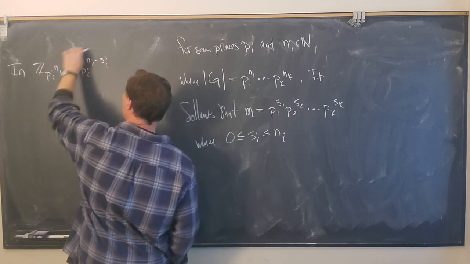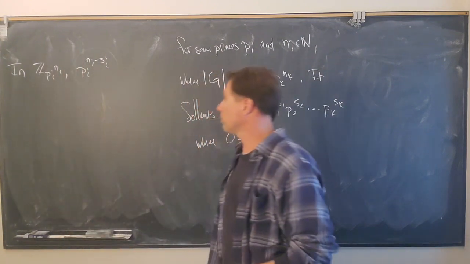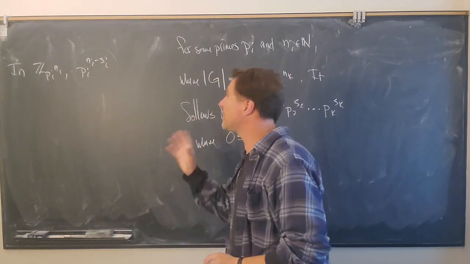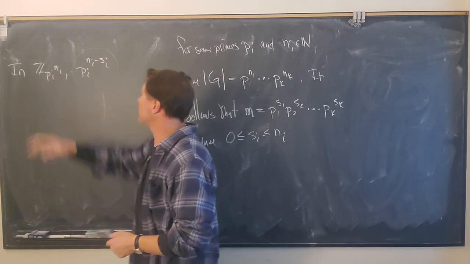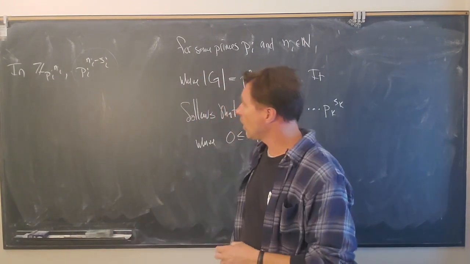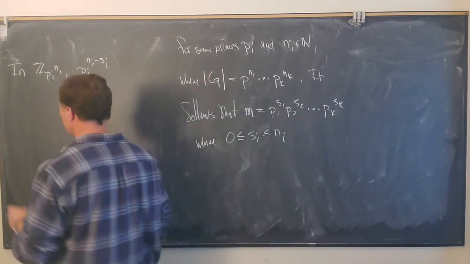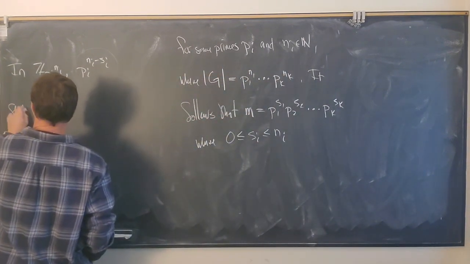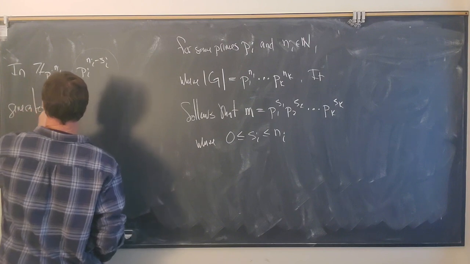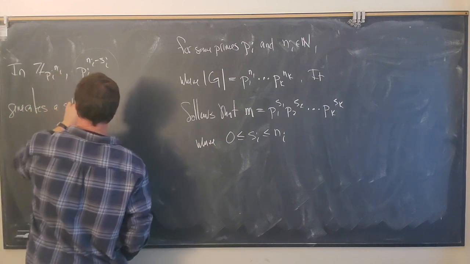This is an integer between 0 and p_i raised to the n_i. So that number right there generates a subgroup